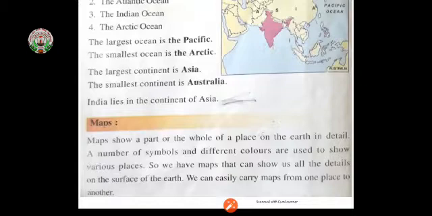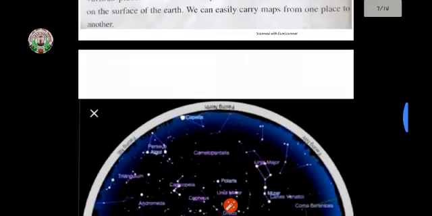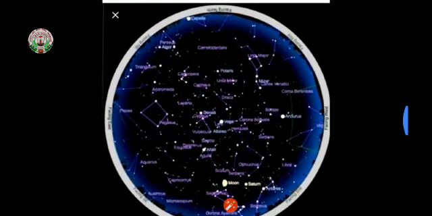Many maps are called charts, such as star chart and nautical chart. Now let's learn about star chart. Look at this picture. This is the map of star chart. A star chart or star map, also called a sky chart or sky map. Sky map is a map of the night sky. Astronomers divide these into grids to use them more easily. They are used to identify and locate constellations and astronomical objects such as stars and galaxies.